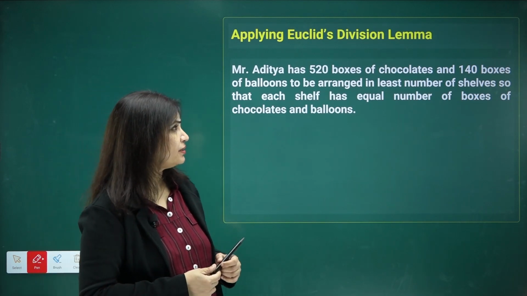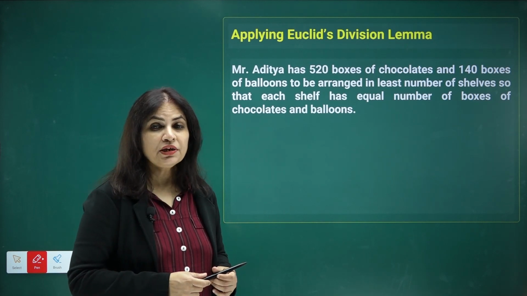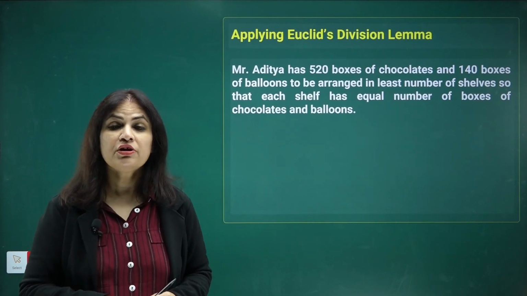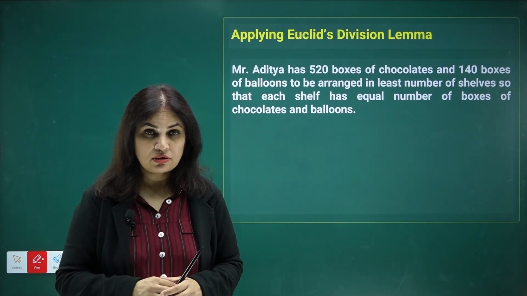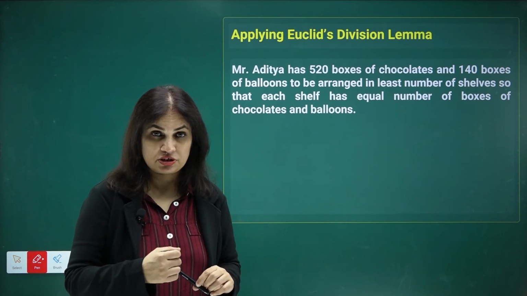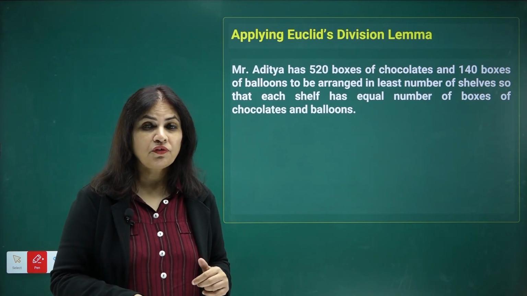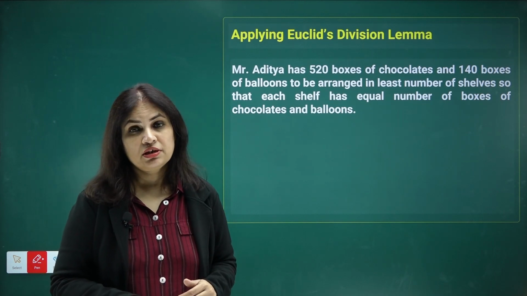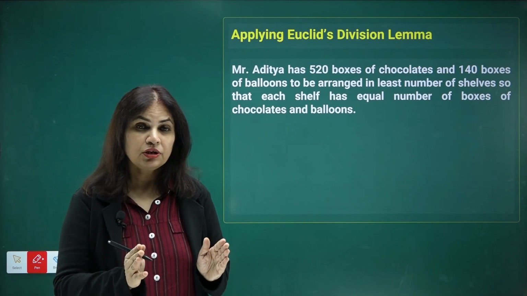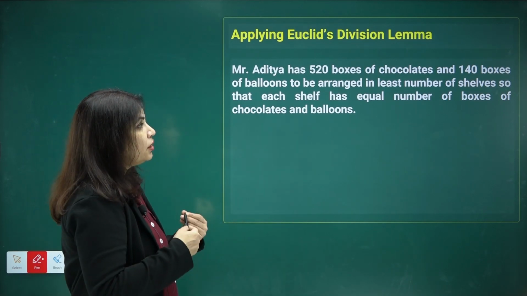Here it's given: Mr. Avaditya has 520 boxes of chocolates and 140 boxes of balloons to be arranged in the least number of shelves, so that each shelf has an equal number of boxes of balloons and boxes of chocolates. We have to also look for the least number of shelves. The least number of shelves will be available only when the maximum is fit into each shelf. So here, to begin with,